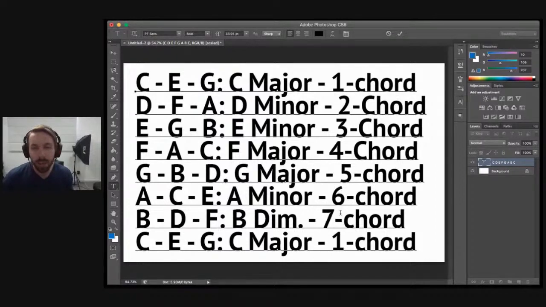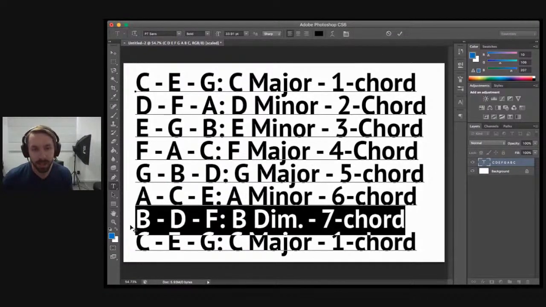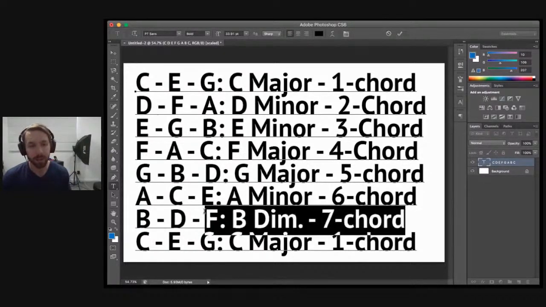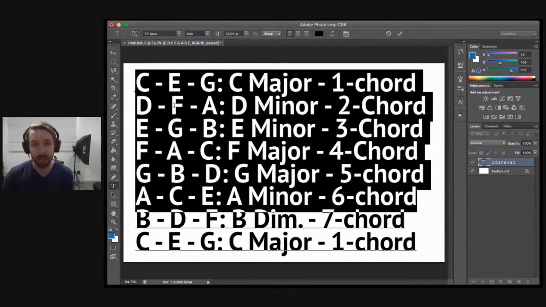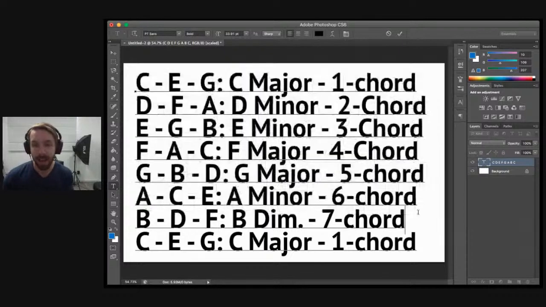Now, this one doesn't really get used that much. Unless you're playing jazz music, they use the half diminished, which is a variation of this particular chord. But this doesn't really get used that much at all. So you're looking at the first 6 chords that get used the vast majority of the time, especially in simpler kinds of music. Like the music you hear on most radio stations is going to use the 1 chord, 2, 3, 4, 5, and 6. And if you know how they sound and how they work within the key, you can learn songs from just listening to them, and it gets really, really easy to quickly pick up songs.